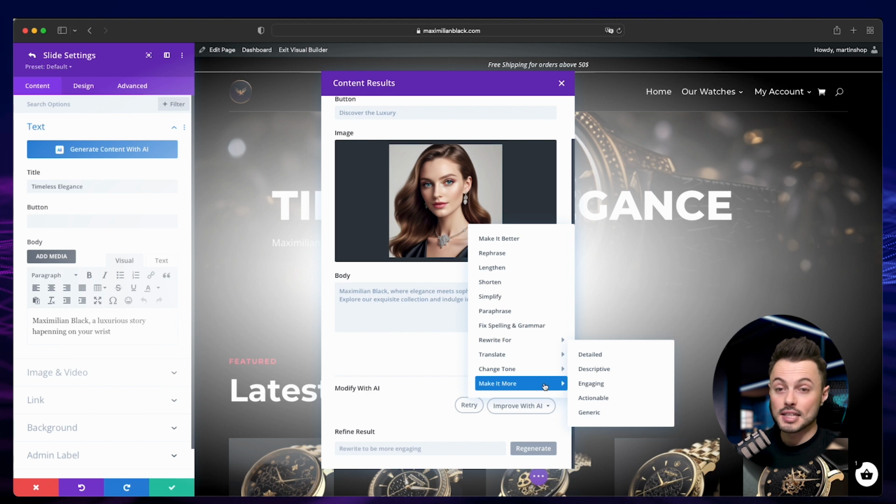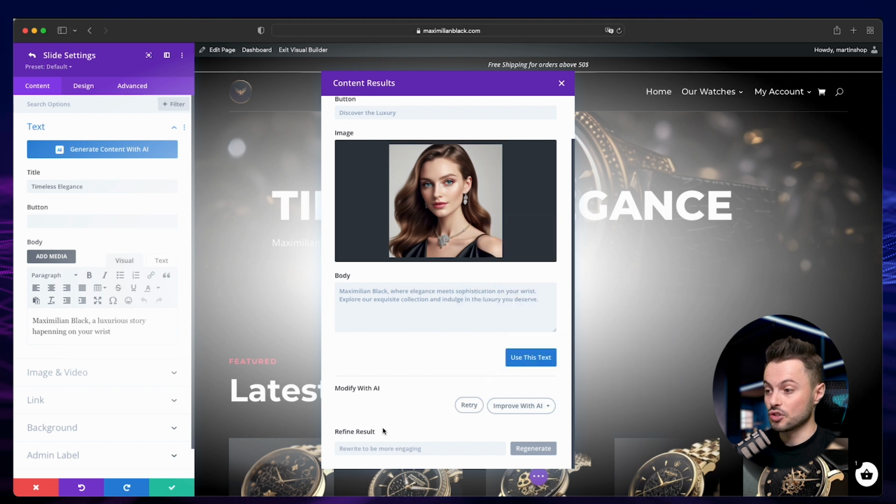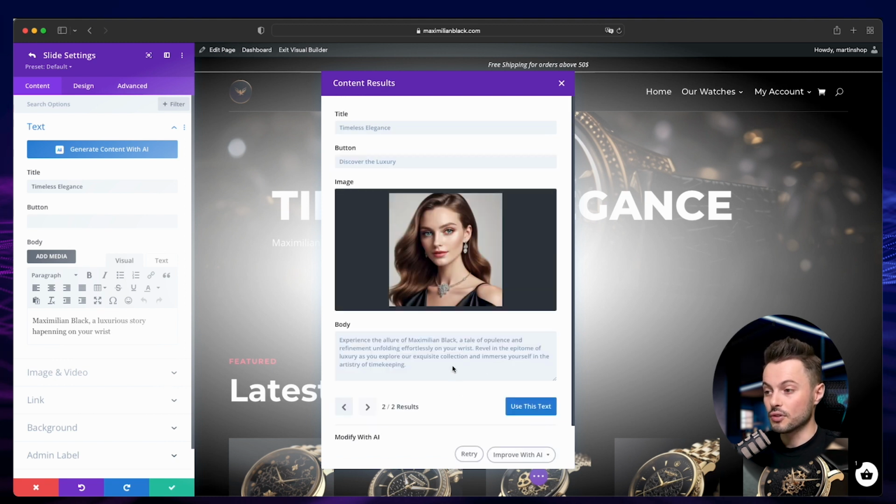And we can also ask it to make it more something, like detailed, engaging, or actionable, for example. And if you want to do something else, you can also just type what you want here into the refine result box, and here you can just ask the AI to do whatever you want. This way you can create as much text and as much image as you want until you find the perfect one. So for example, let's just hit retry for now, and now we have a different body text for